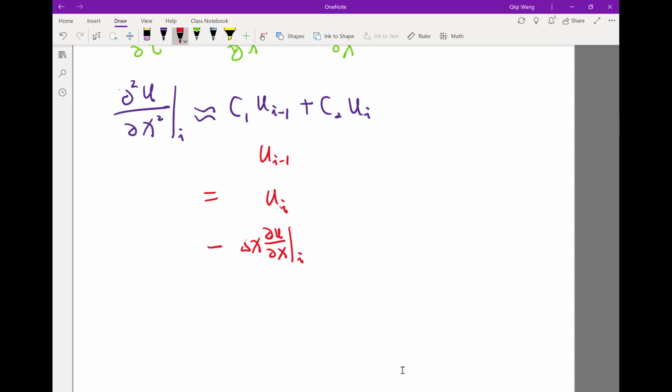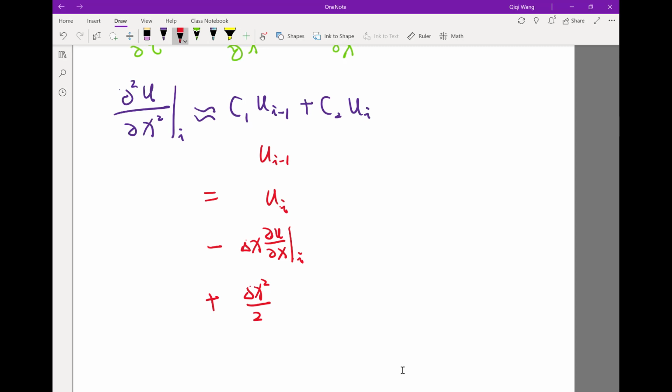Delta x, right? Taylor series. Somebody tell me the term afterwards. What is it, if I expand u_{i-1} in terms of Taylor series? Yeah, delta x squared over 2,